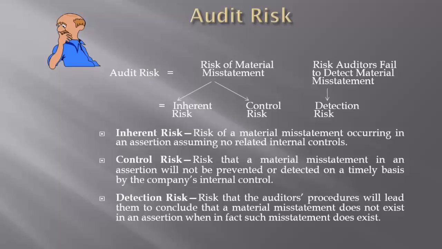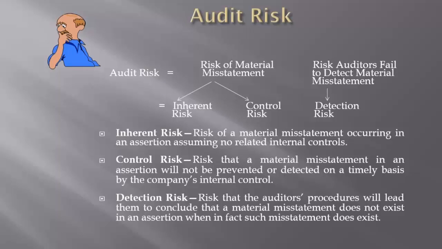In many textbooks they define these in terms of numeric values. I'm not so much interested in that. What I'm interested in thinking about is in terms of the relationship of these elements to the overall process. So again, we want to keep audit risk low. If inherent risk, as an example, is high, we want to compensate that with control risk or detection risk. But again, let's just kind of think through what each of these items are.